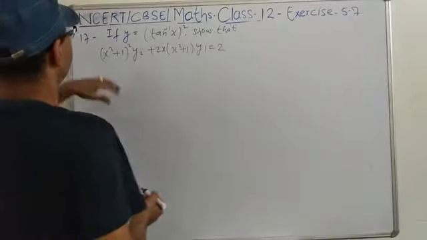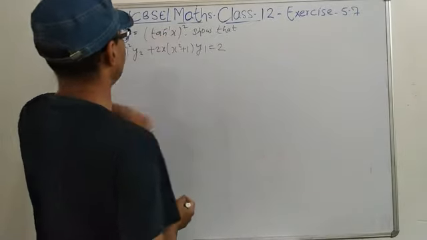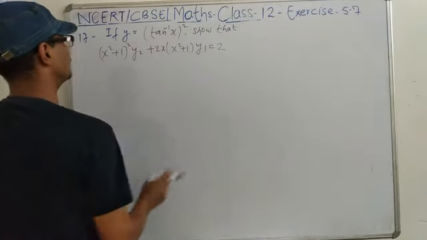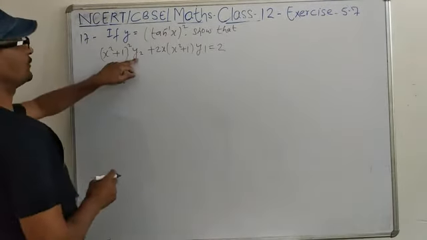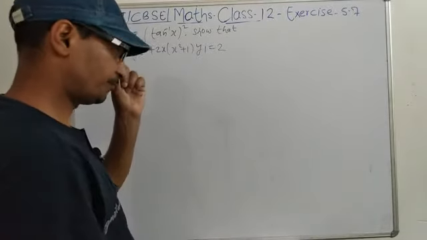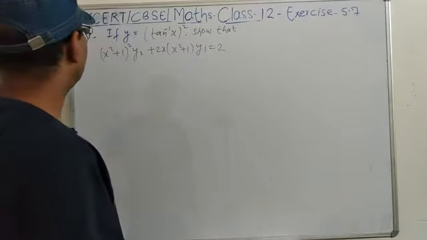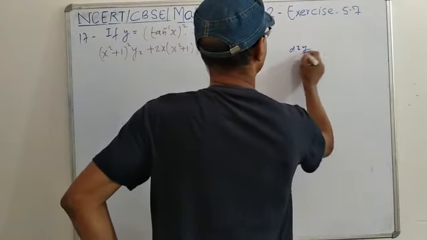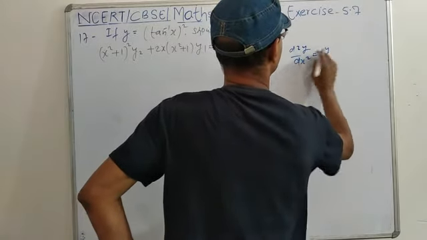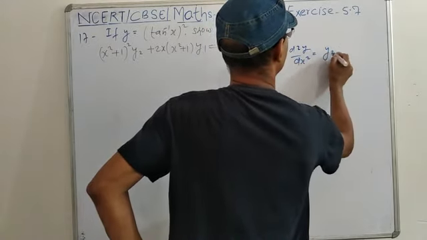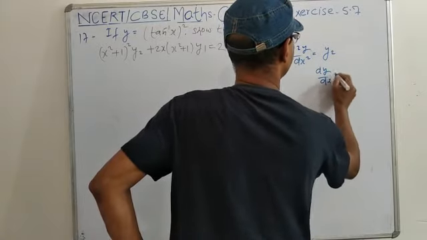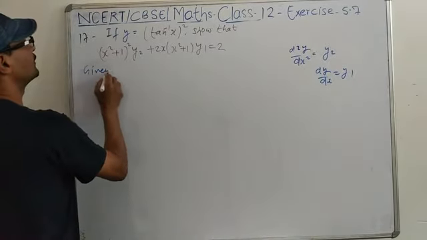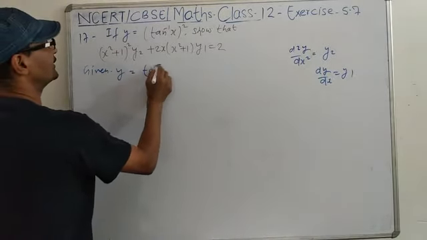Now question number 17 is: if y is equal to tan inverse x square, show that (x square plus 1) square y2 plus 2x (x square plus 1) y1 is equal to 2. First you see here what is the meaning of y2. In the starting we have done this thing: d2y by dx square we can also write as y2, and dy by dx is y1, same thing. So here given y is equal to tan inverse x square,